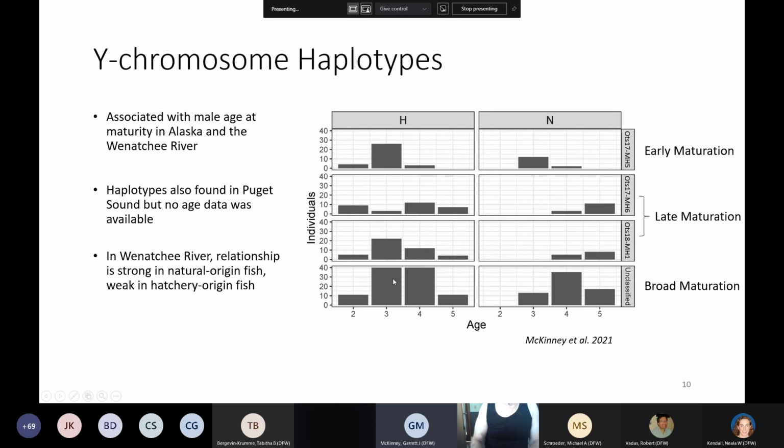And in contrast, the hatchery origin individuals, for the late maturation and the broad maturation haplotypes, they all have a big shift towards earlier maturation. And so we see a much weaker association due to the hatchery rearing conditions. And this is consistent with previous projects that have shown that hatchery settings tend to shift maturation of individuals towards earlier maturation. And this might actually be why the Waters paper didn't find significant results for some of their